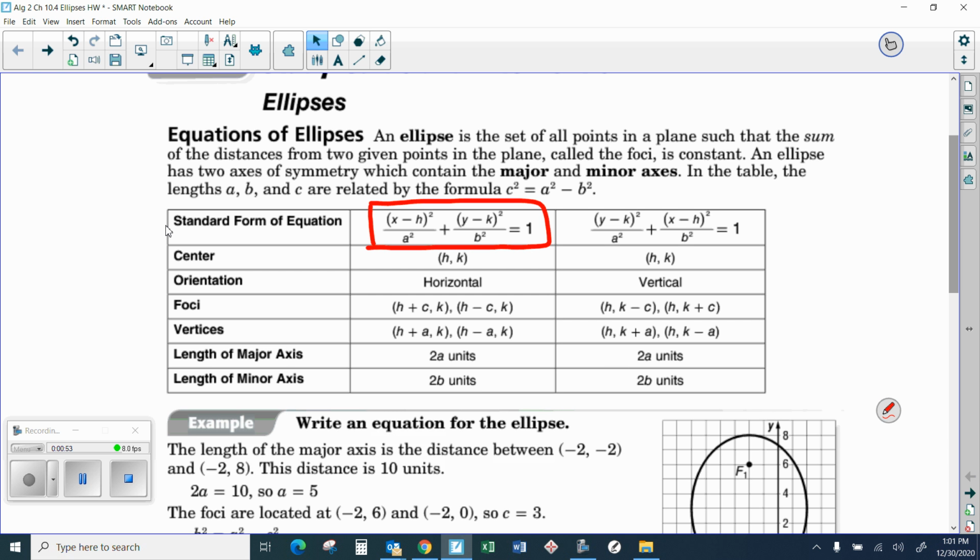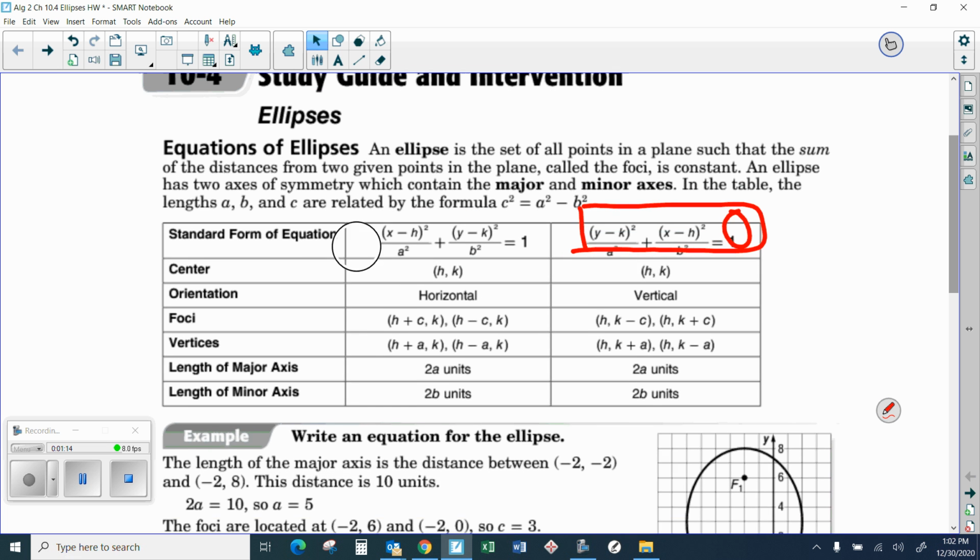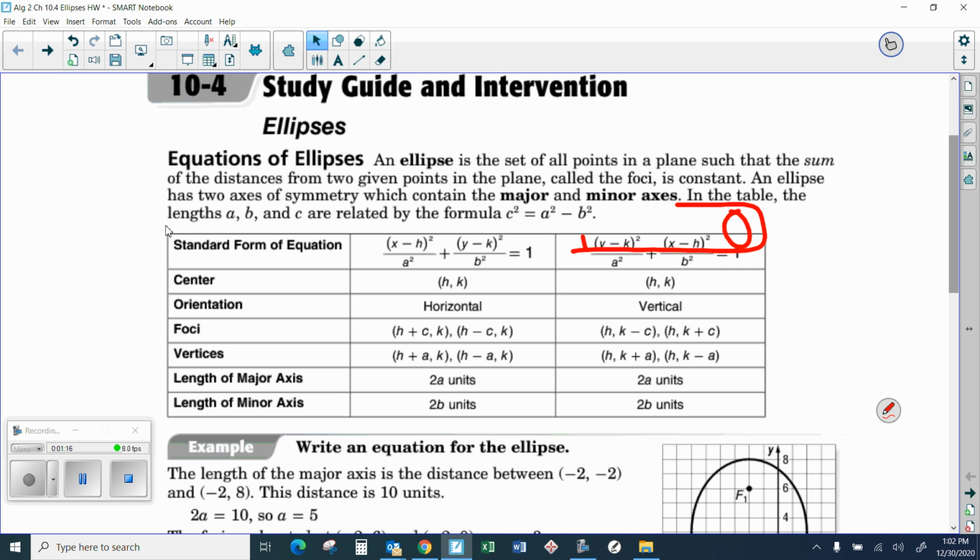You see it's very similar to a circle, but notice on both of these, it's equal to 1. So I have to make it equal to 1. If the number wasn't 1 there, I have to divide both sides by whatever number is here to make it a 1, just so you know that. Second off,